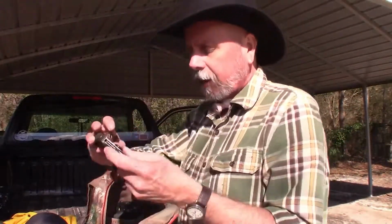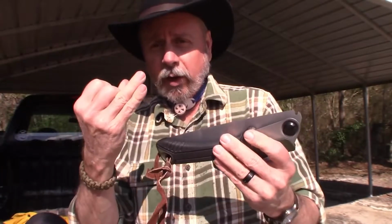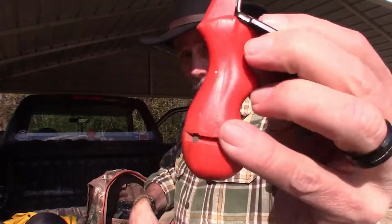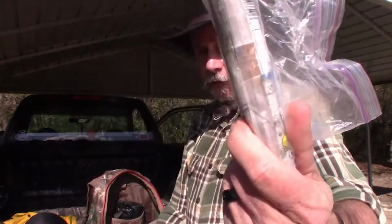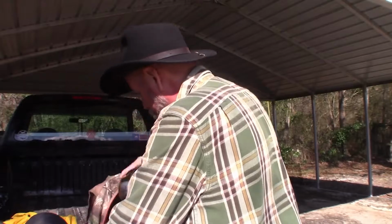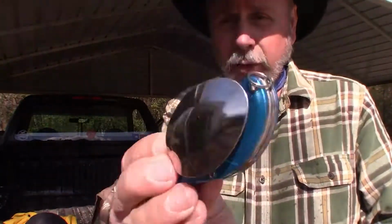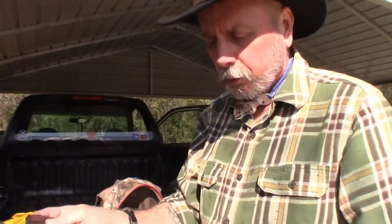I have a folding saw, so I've got the knife, the saw, and the tomahawk for wood procurement. Extra little knife sharpener, an extra flare, cook kit with numerous uses, a little fork, knife, can opener, bottle opener, spoon,